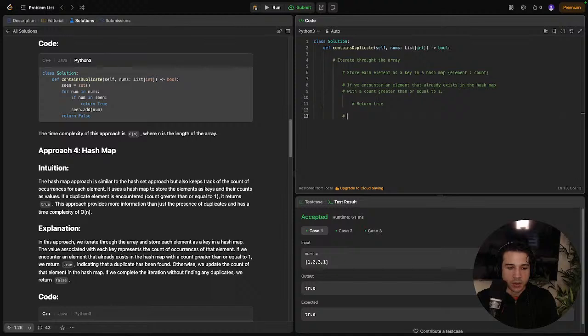Otherwise, update the count of that element in the hash map. If we complete the iteration without finding any duplicates,